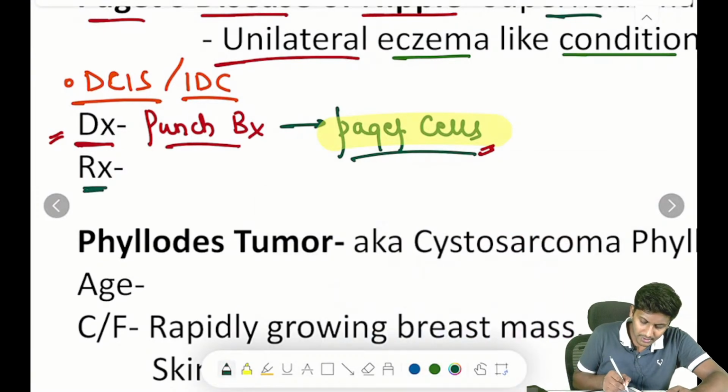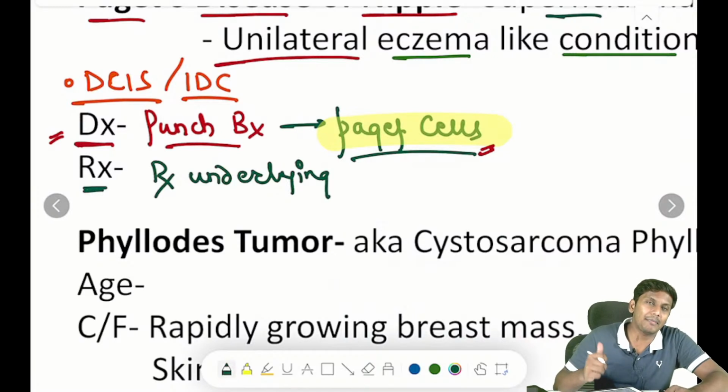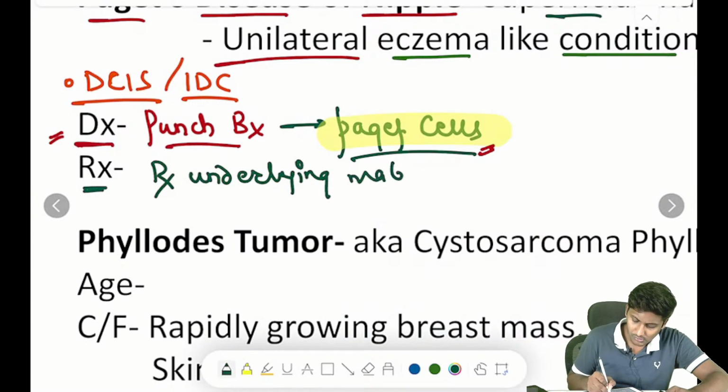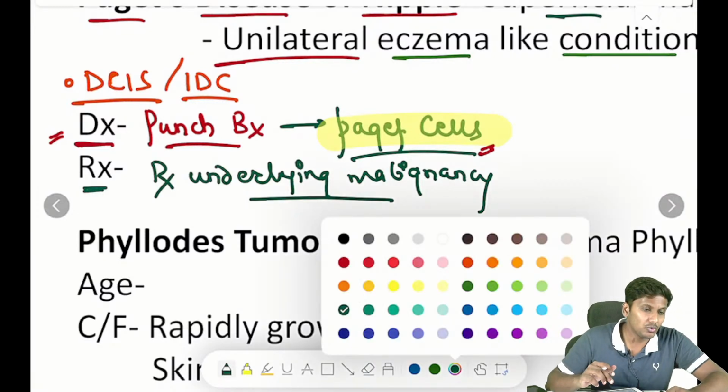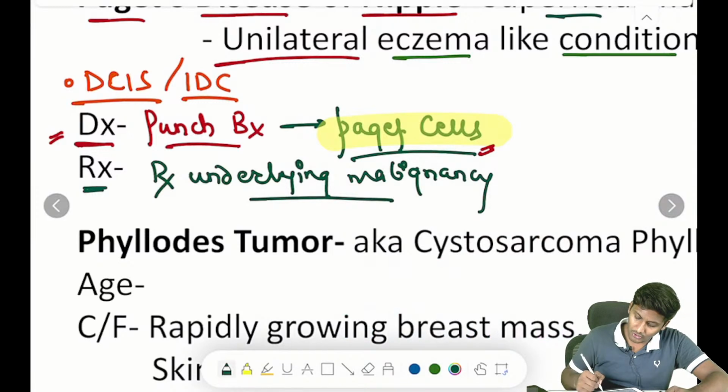You have to remember, for treatment I have to treat the underlying malignancy. Treat the underlying malignancy. Okay? According to the cancer or the malignancy which is there in the patient, definitely we have to do the treatment. We have to treat the underlying malignancy. No issues with this, anybody? That is important treatment. Okay? No issues with this, anybody? We cannot decide the treatment